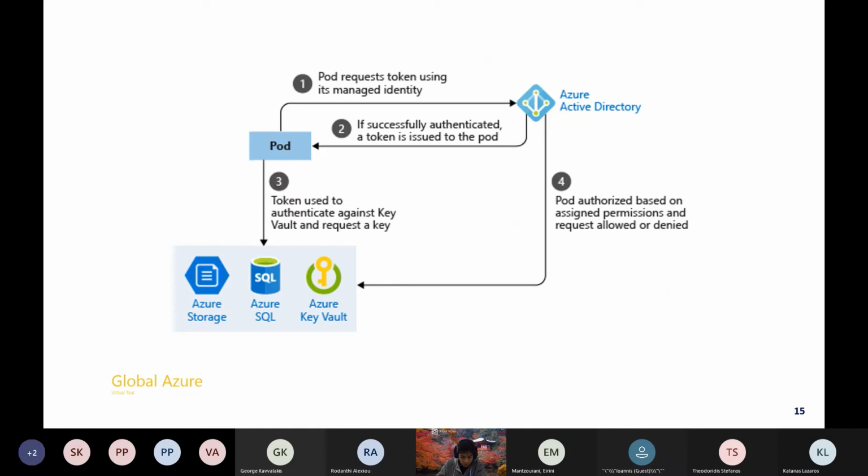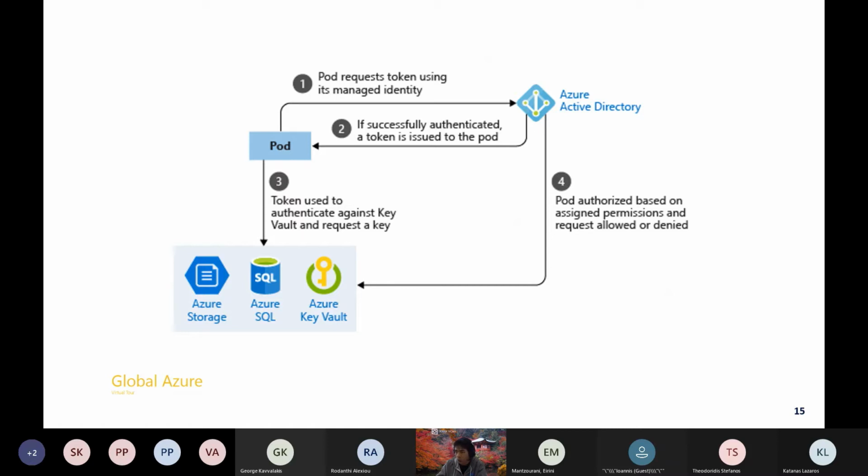It gets a token, and then with this token it gets access to the Azure service which it is supposed to access. On the other side, the authorization is granted by Azure AD on the role assignment on the corresponding resource that we want to access. But this is possible obviously only if the managed identity has received the role assignment that was needed. Okay,